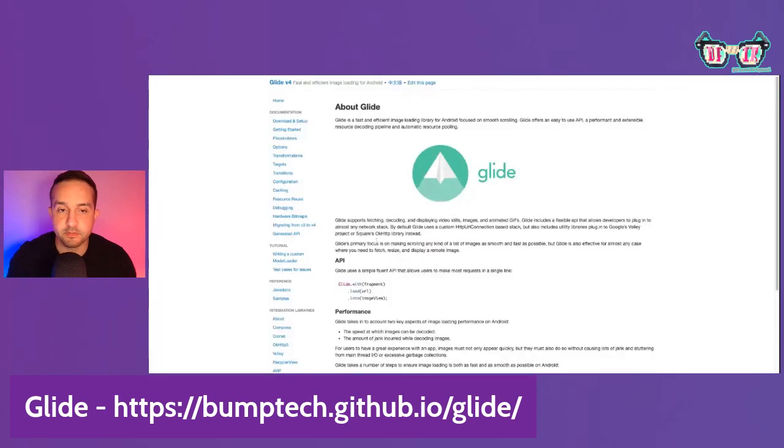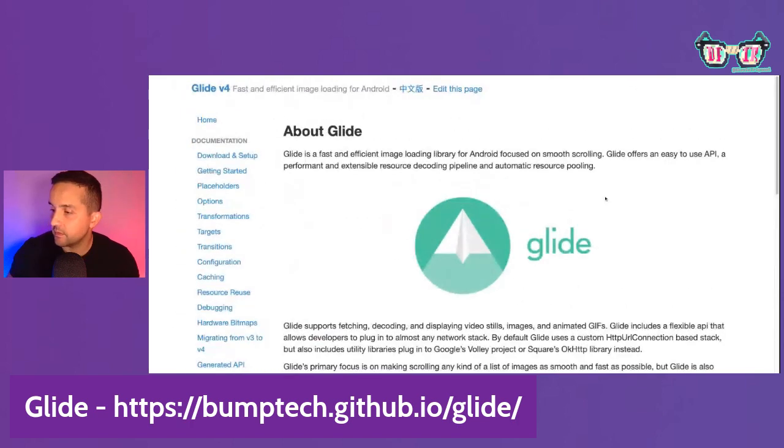Glide, and it tells you here on their page, it's a fast and efficient image loading library for Android focused on smooth scrolling, right? So when your applications receive data, or you put data in them, data in the sense of media files, Glide is used to be able to load those images within the application. That's really important because it tells you something about why those pictures are there, if you start giving you that